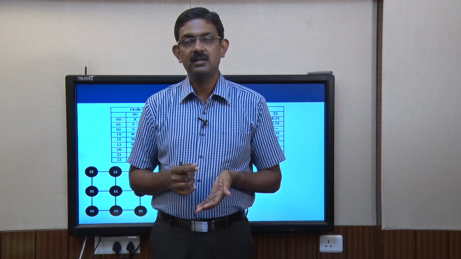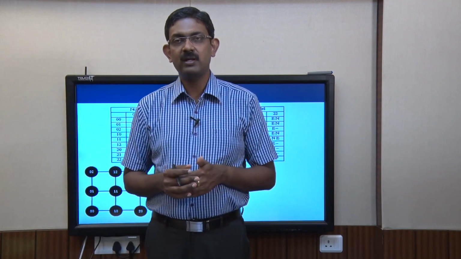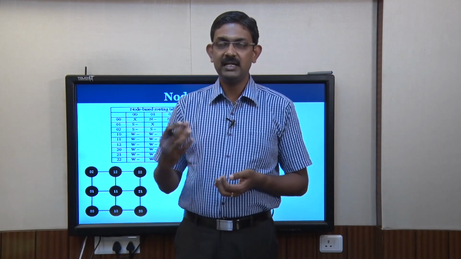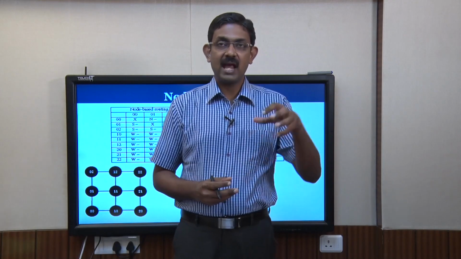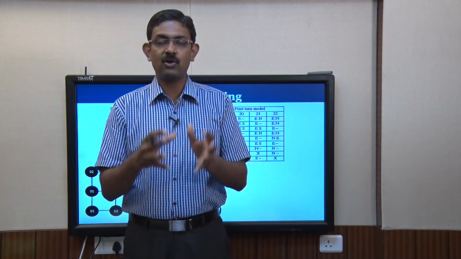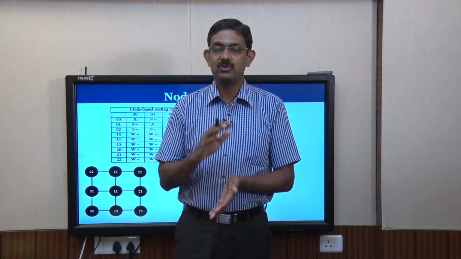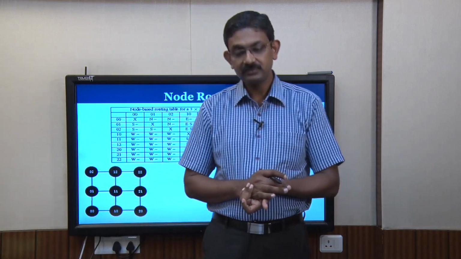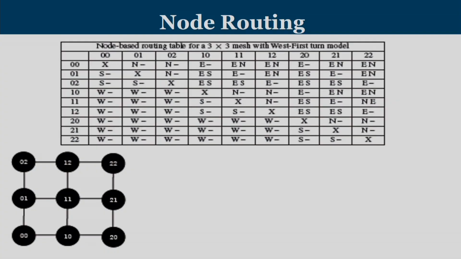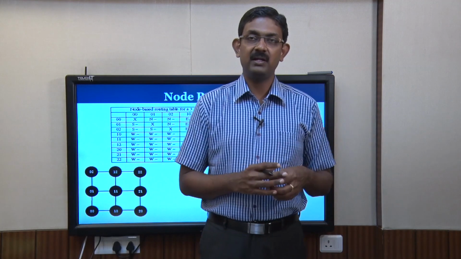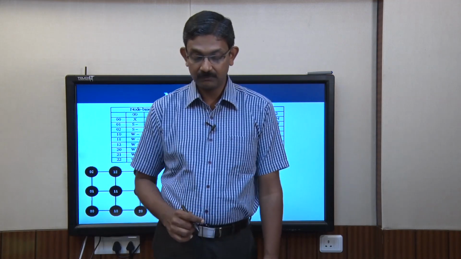Adopting this principle, node routing means the packet has the destination address, and the routing fabric at each of the intermediate junctions will extract the destination address and apply it in the combinational logic of the routing fabric, and the routing fabric will tell you whether you should take a north, south, east or west turn. In that way, the routing decision is not taken right from the beginning. Every intermediate router takes part in the process of sending the packet from the source to the destination.